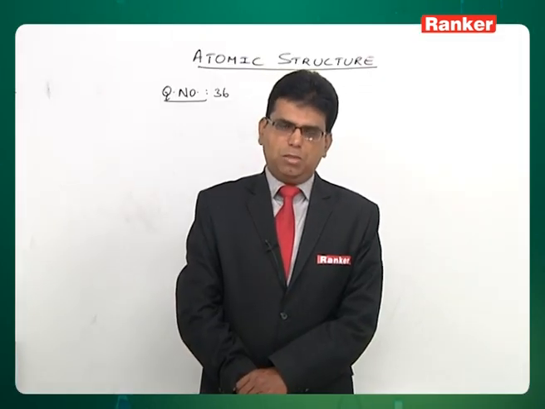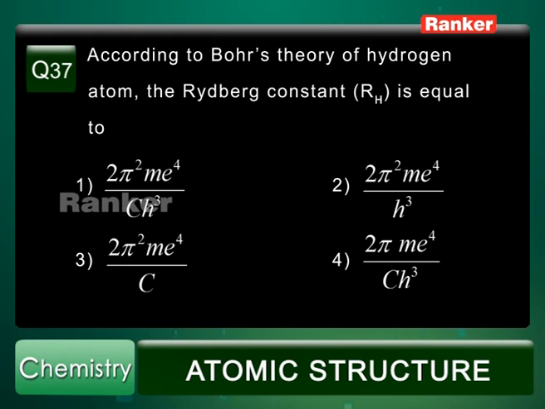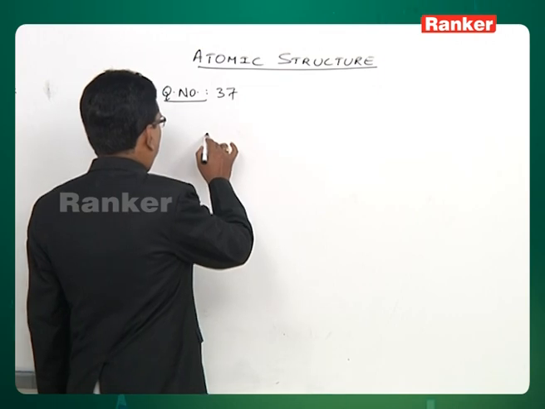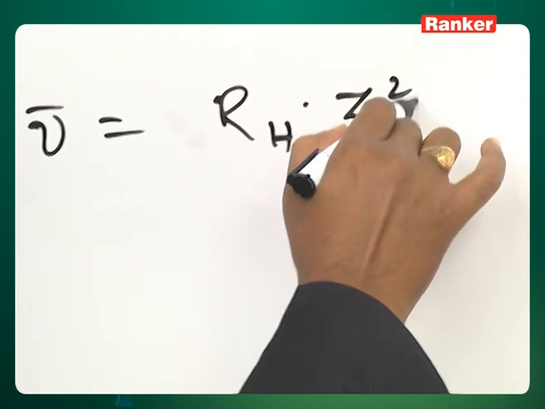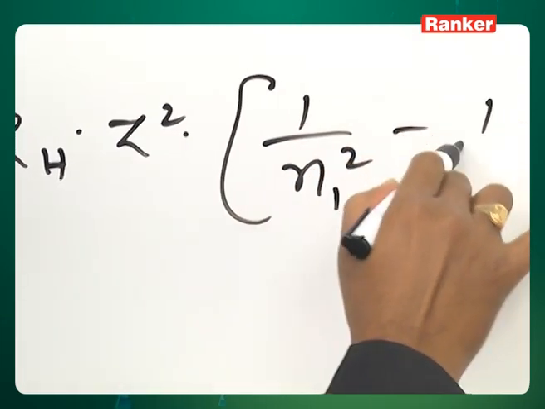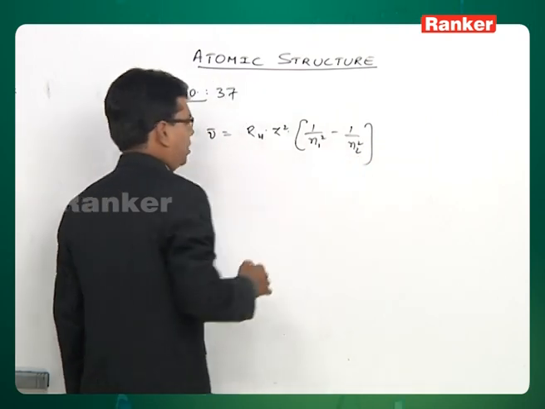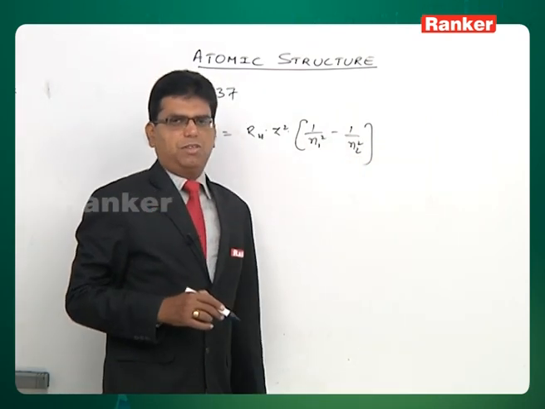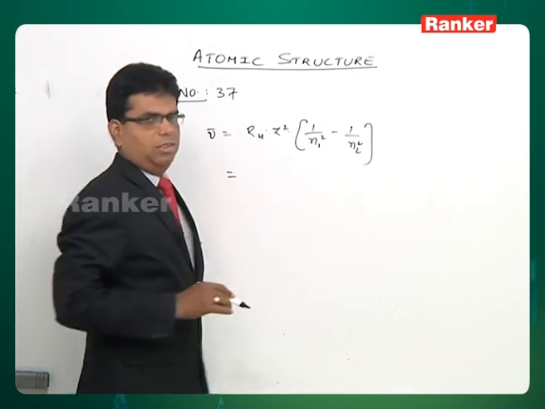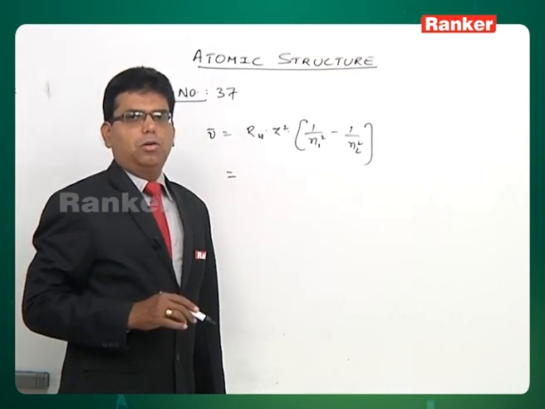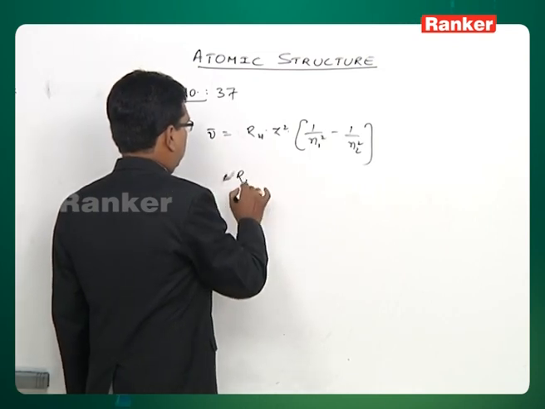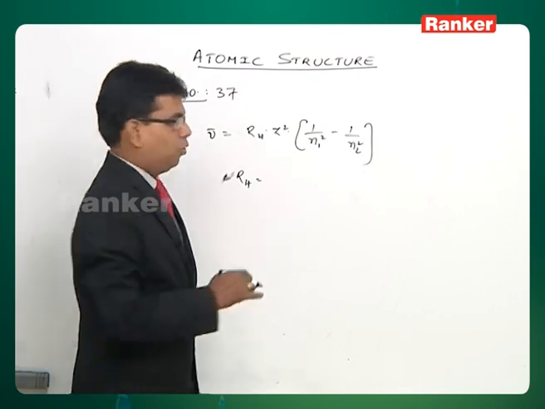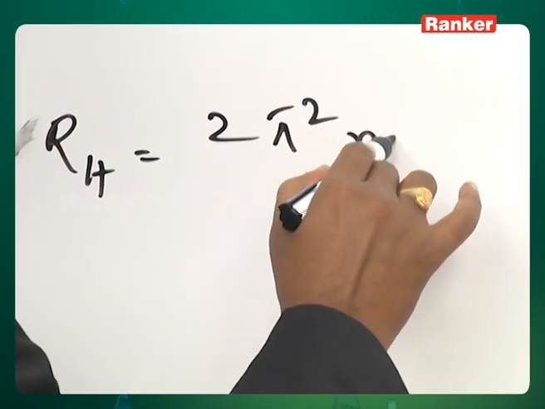Now let's move on to question number 37. According to Bohr's theory of hydrogen atom, the Rydberg constant RH is equal to, see, already we told, in Rydberg's equation we say nu bar is equal to RH into z square into 1 by n1 square minus 1 by n2 square. This is derived from Bohr's theory. When it is derived, RH is obtained as equal to 2 pi square me power 4,